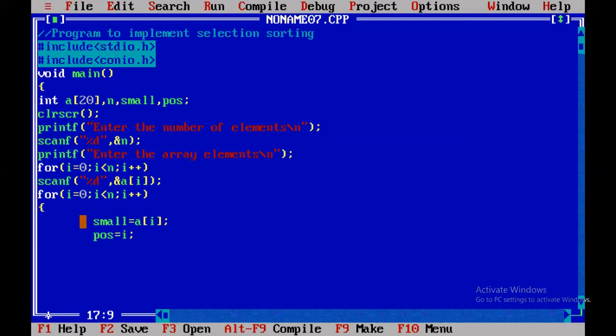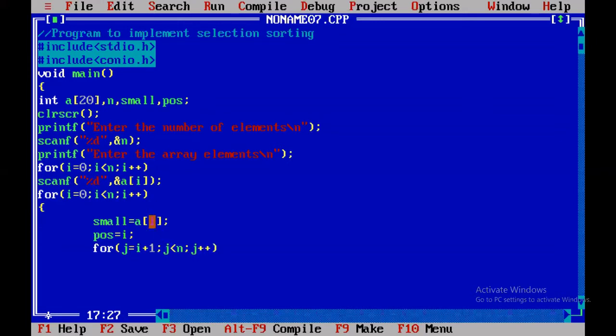After assuming the smallest element, next we are going to compare it with the remaining elements in the list to find the smallest element. Hence, I'll use one more loop, the j loop, which starts from i+1, so we compare the ith element with the next element. So j = i+1, j < n, and j runs up to n.